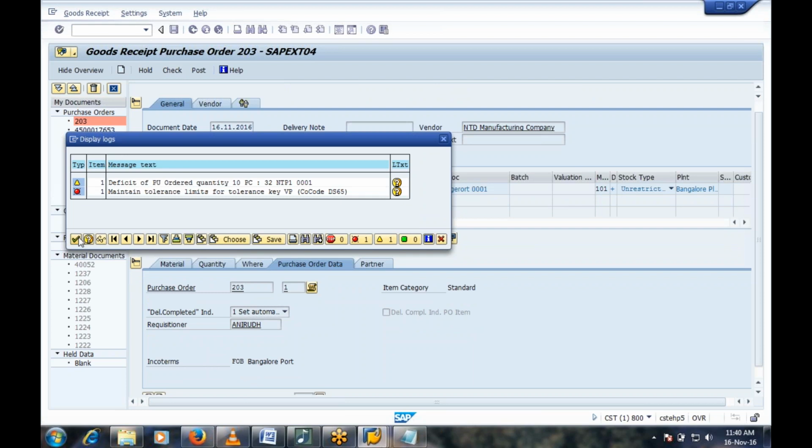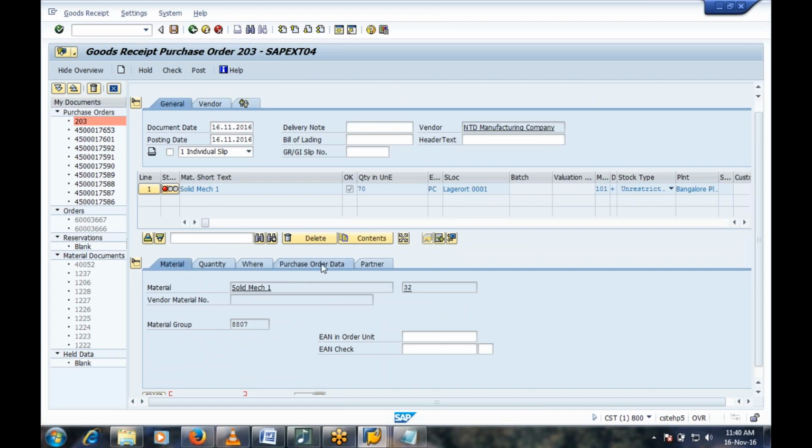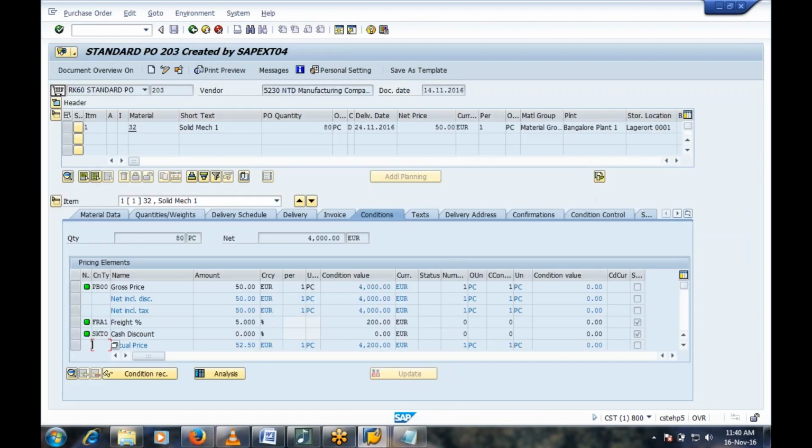Okay, it is not yet replicated. Before that, we can see what the material price is and what you have given in the PO. That also we can see. So in the PO, how much price you have given. You have given 50 euros.